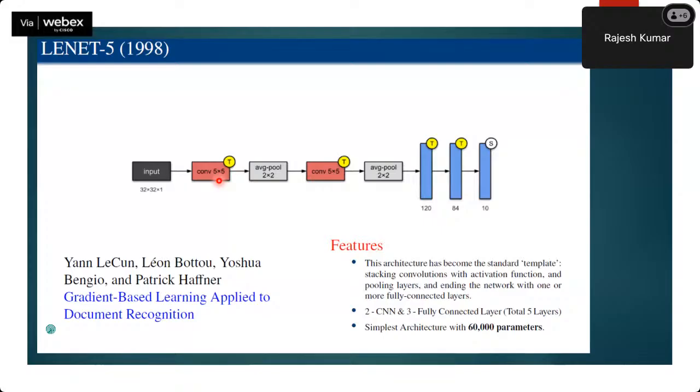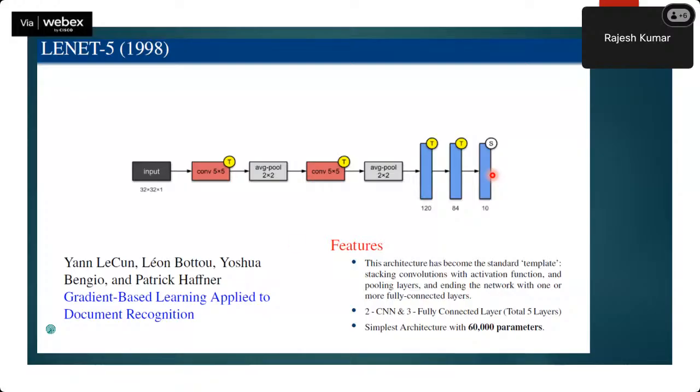Then they performed average pooling with a window of 2 cross 2. Then again a convolution of 5 cross 5, and then average pooling. And at the end, they have neurons which they arranged into 3 layers: 120, then 84 and 10,